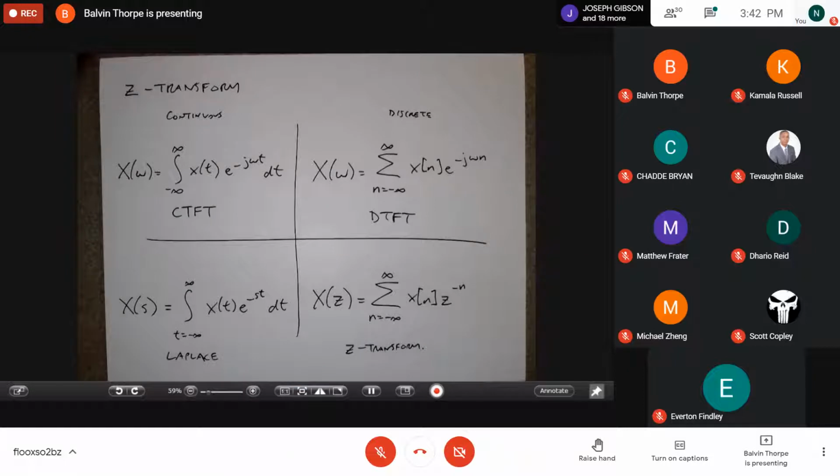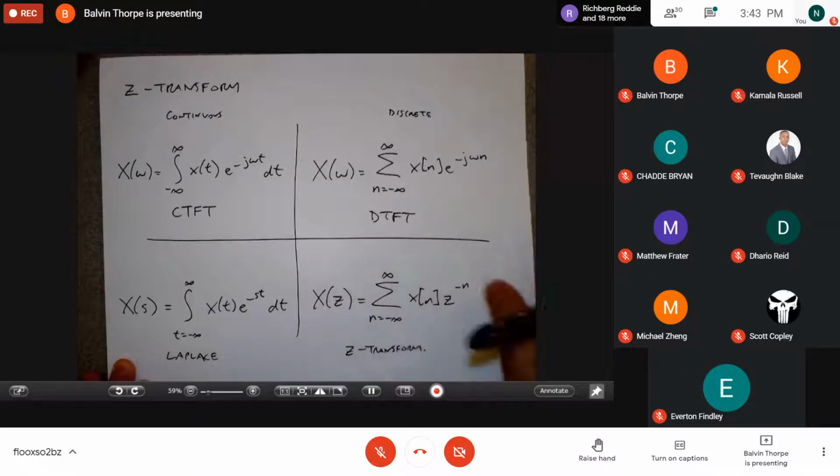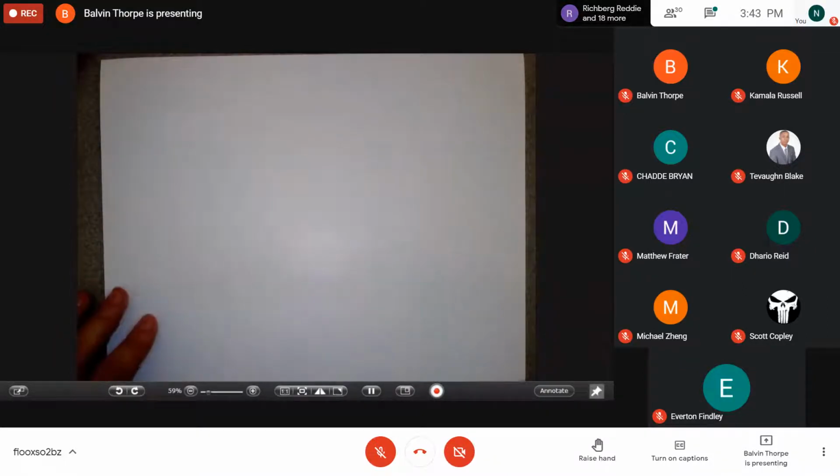And so let's pause and ask, why does this make sense as a thing that we want to do to a signal? Again, one of the things that we showed for both the continuous and discrete time Fourier transforms was that these exponentials, e to the somethings, were important for LTI systems in the sense that when e to the something went in, the same e to the something came out, just modulated by this frequency response. And the same thing is actually true for z's.